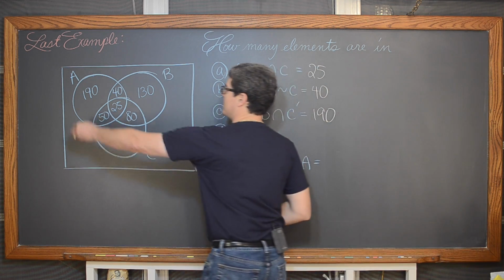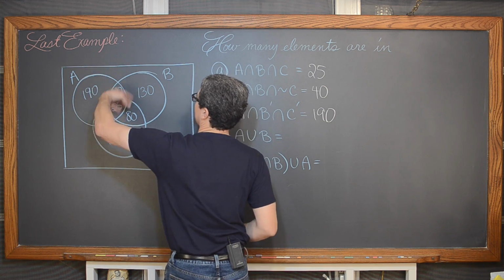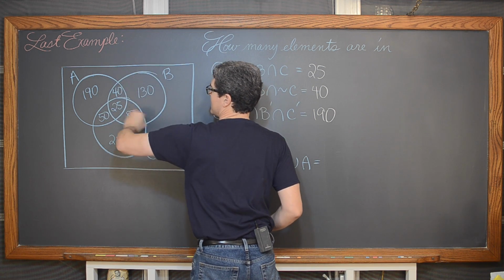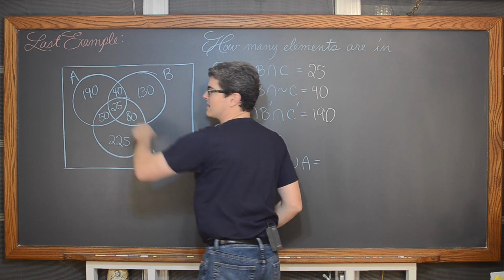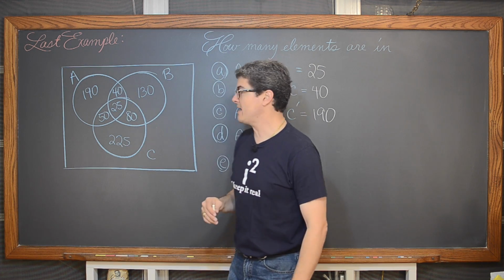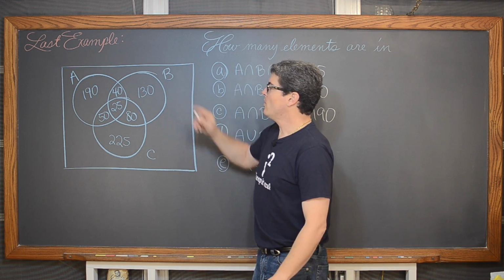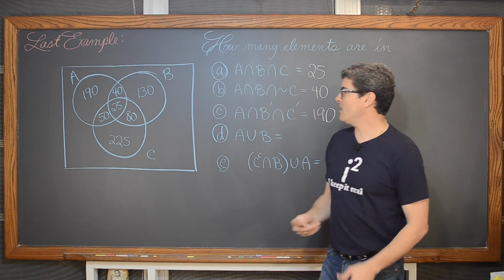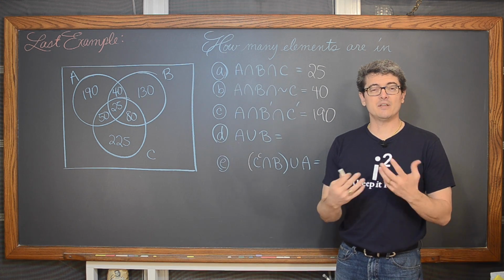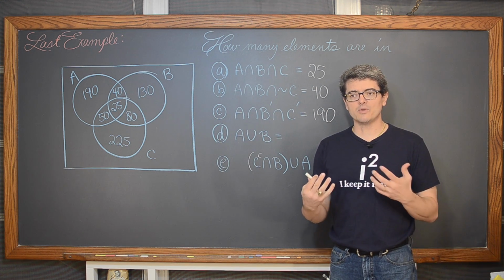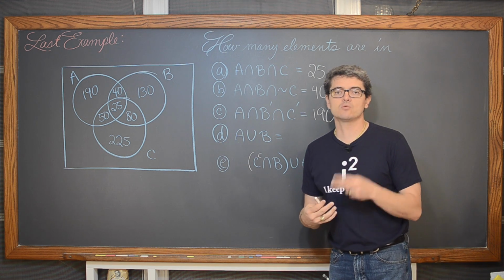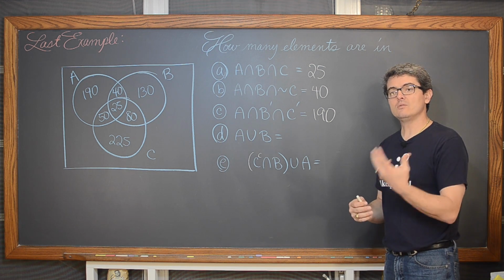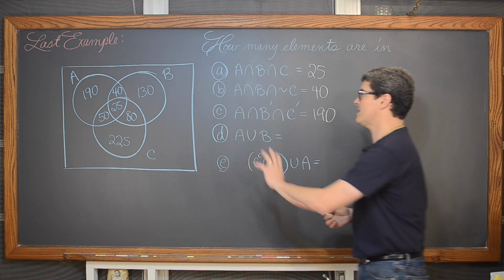Well, if I just took all of these values and added them up, that's how many elements are in set A. This is how many elements are in set B. Wait a minute, I just included the 40 and the 25 with set A, and I'm including these 40 and 25 elements with set B. They're getting counted twice. So you have to subtract out that overlap area, because without a Venn diagram as a visual aid, you're going to count those twice, and so you have to subtract it, not because you don't want the overlap area, but because you don't want to double count. So with a Venn diagram, we don't have to worry about that.